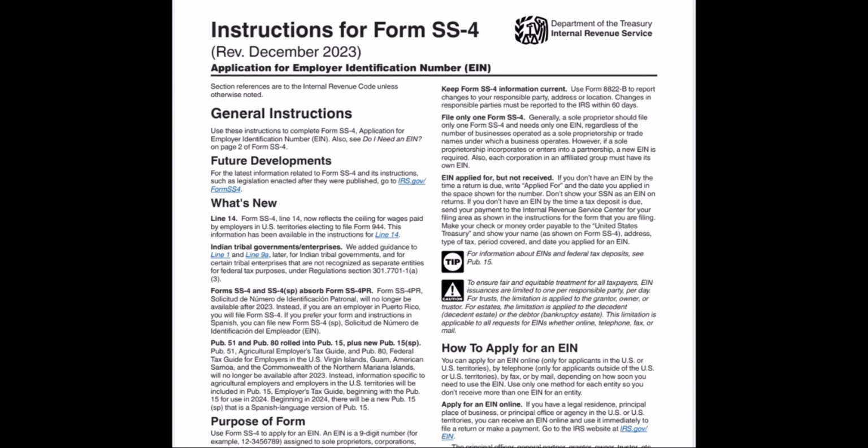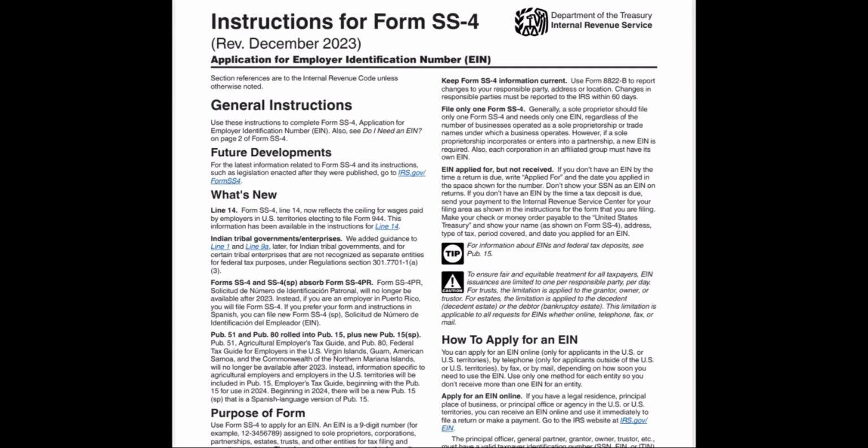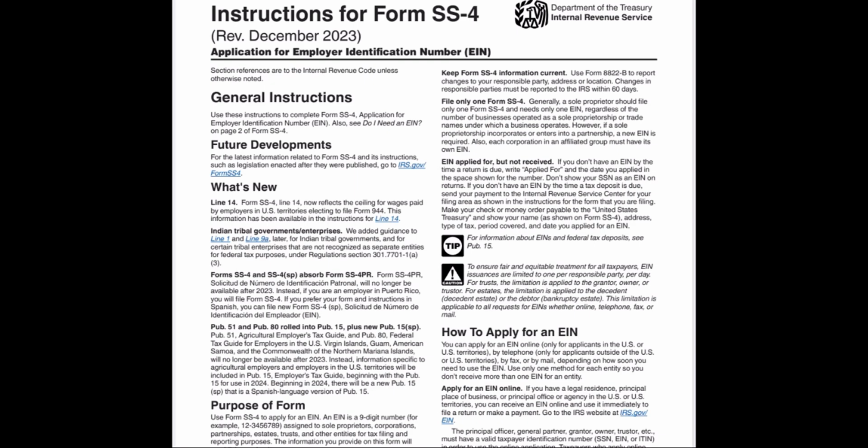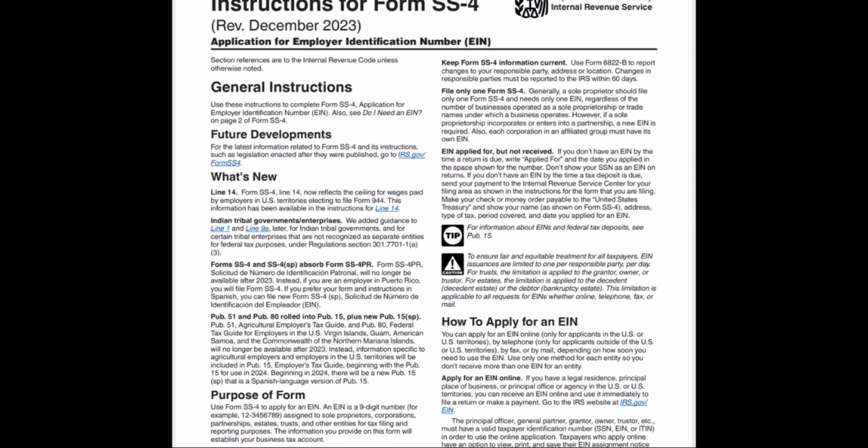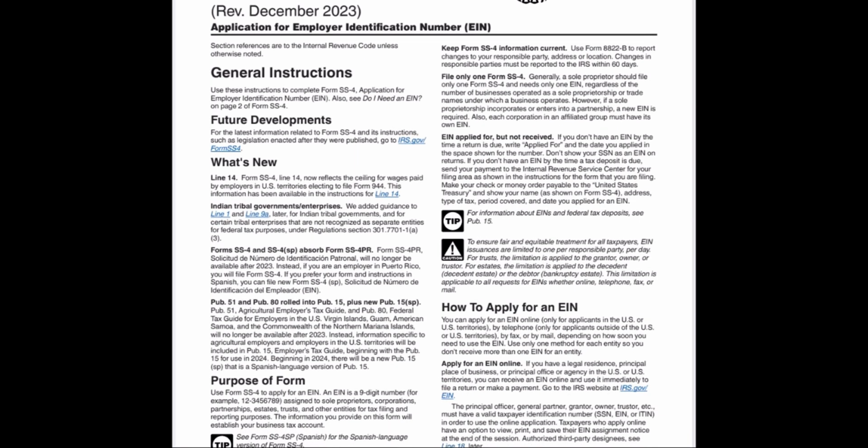Application for Employer Identification Number (EIN). Also, see "Do I Need an EIN?" on page 2 of Form SS-4. Future developments. For the latest information related to Form SS-4 and its instructions, such as legislation enacted after they were published, go to